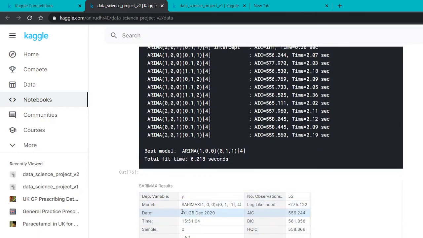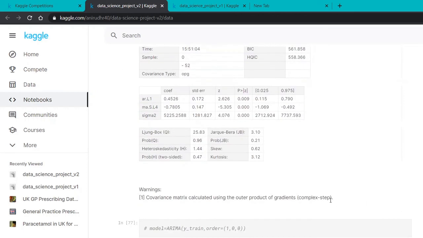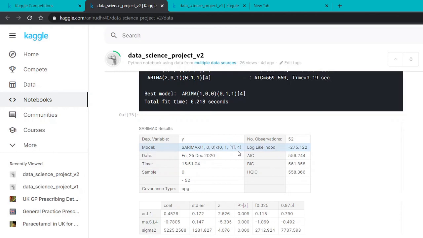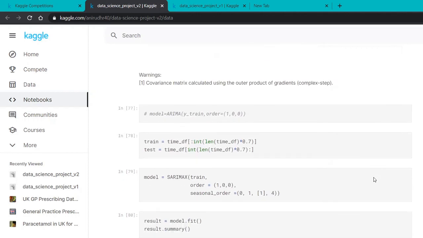Based on that, the auto ARIMA gives a prediction of SARIMAX. It is called seasonal ARIMA extensible. These are a few of the parameters: lowercase p, d, and q, and these are capital P, capital D, capital Q, and this is M. M is the time period. Capital P, D, and Q are for the seasonality of the ARIMA, so it is trying to capture that also. Just normal ARIMA wouldn't look at the cyclical changes there.